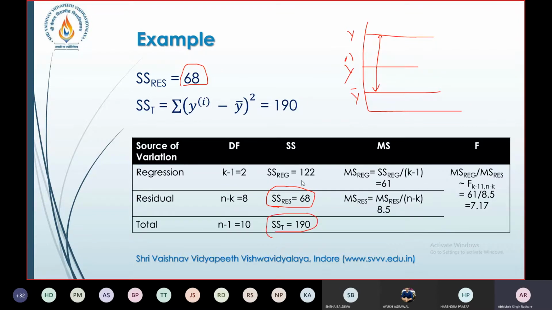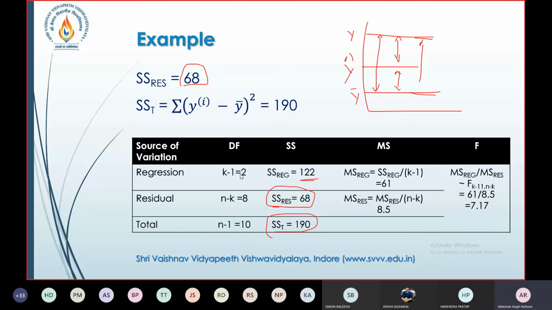So what is the SS regression? This is SS regression, the unknown part. We cannot calculate this unknown part. This is y minus, so this is my residual, and this is my SS regression. What we try to do is increase the SS regression, because when it increases, it means you are covering the whole variation of your data. So this is equal to 128. It signifies that you are getting some good results.